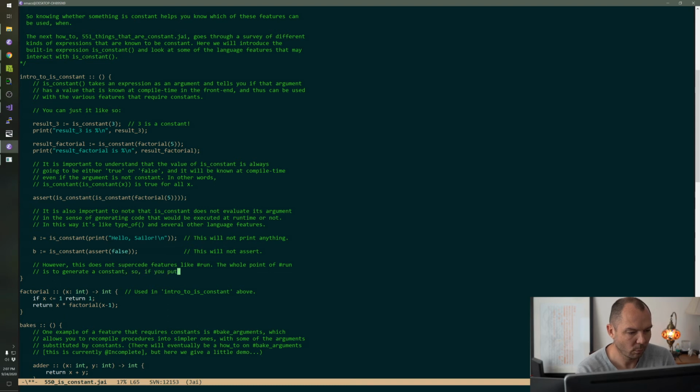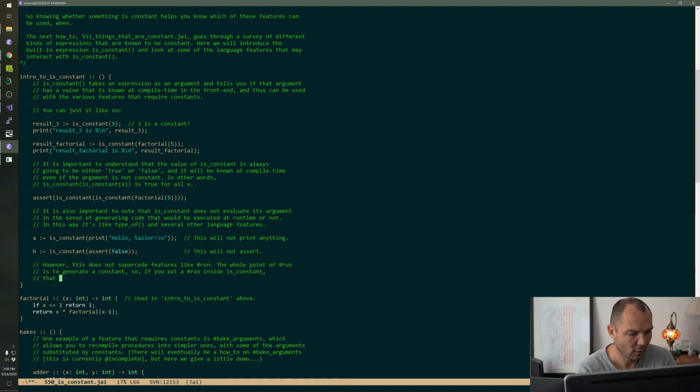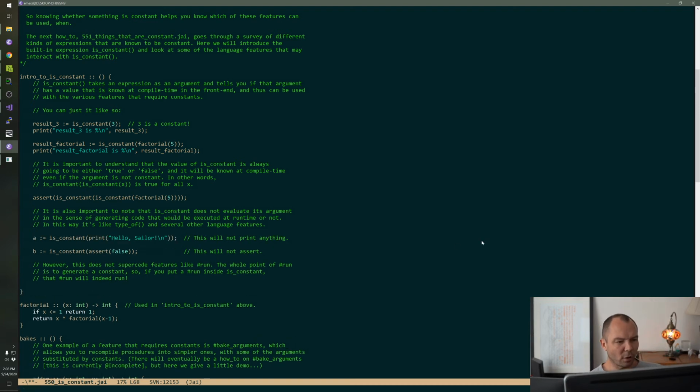So if you put run inside is constant, that run will indeed run. You know, maybe I should explain this stuff. I'm not sure if I should explain this stuff at the beginning so that people get what's going on, or if I should explain it later because these are picky details and you don't even know what this is for yet. You know what I'm saying?